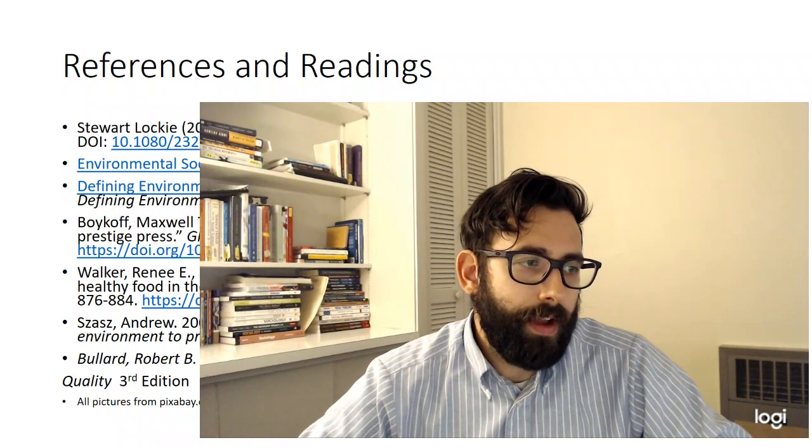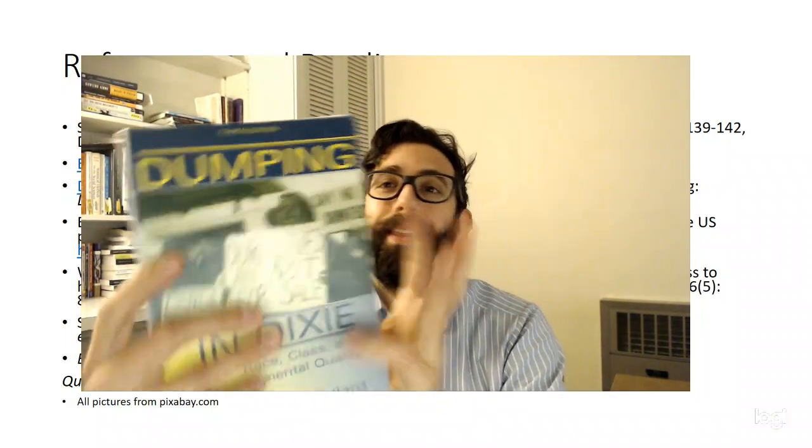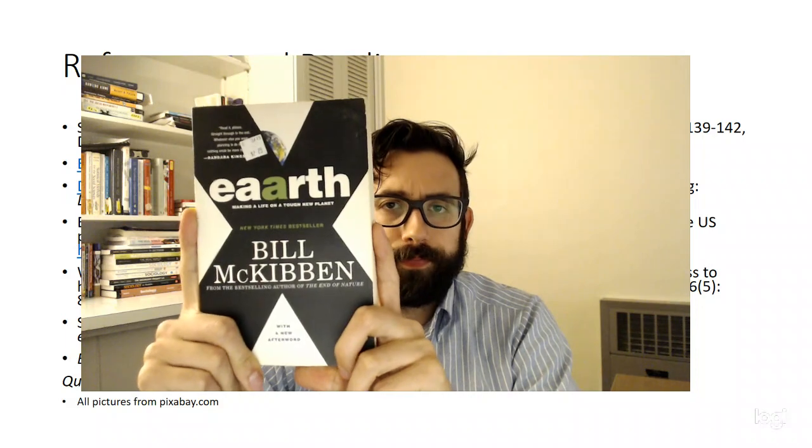And so expand this back out. There's Dumping in Dixie. Really good book. It's pretty short. With the references and index, it's only 200 pages. It's very informative, an easy read, and I think well worth it. A more contemporary, I don't want to say pop science, but more popular press book, Earth by Bill McKibben, is a good book too, that gets at these issues in a little bit different way and expands on that.